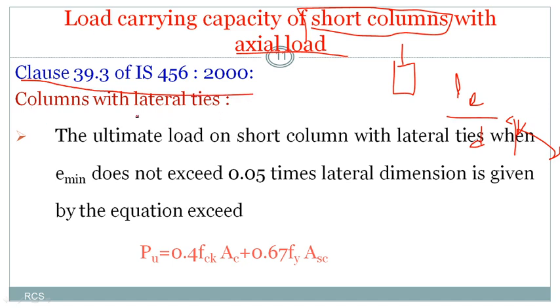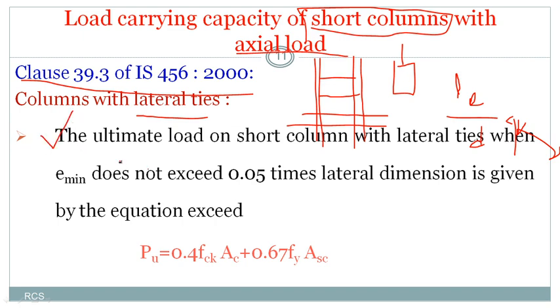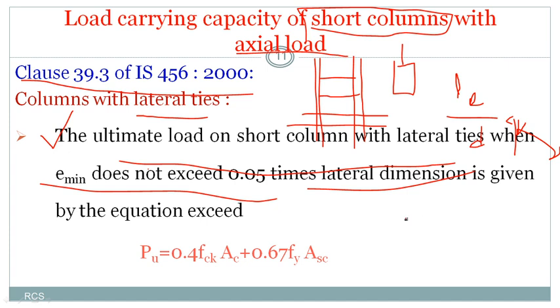If your short column is provided with lateral ties, what do lateral ties mean? This is a longitudinal section of the column. These are the main reinforcement provided in the column, and the lateral ties are provided in the transverse direction of the column. See, these are lateral ties. If the lateral ties are provided, then how do we calculate the ultimate load carrying capacity of a short column? The code gives one statement: the ultimate load on the short column with lateral ties, when e minimum does not exceed 0.05 times the lateral dimension, that is, e minimum must be less than or equal to